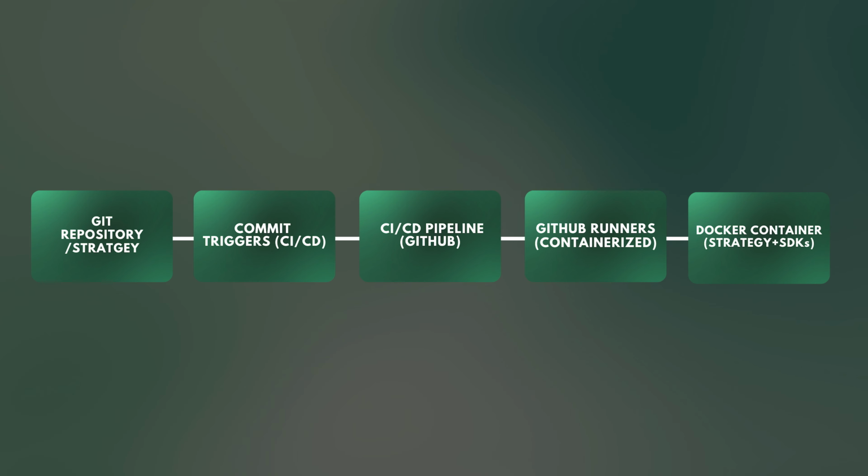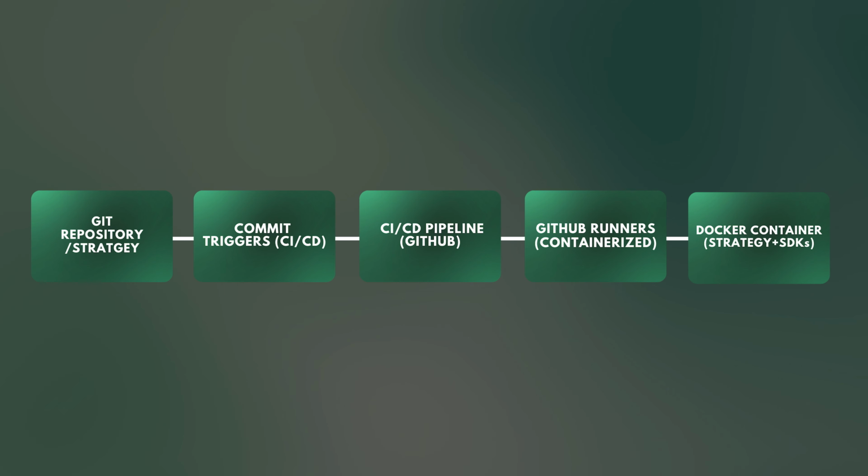Every strategy in Wizzer is a Git repository. This Git repository is connected to CI/CD pipelines so that every commit, whether it is via merge request or done directly by the developer, gets picked up by the CI/CD pipelines and immediately packaged as a strategy container. These containers and the CI/CD pipeline are built on top of containerized GitLab runners.